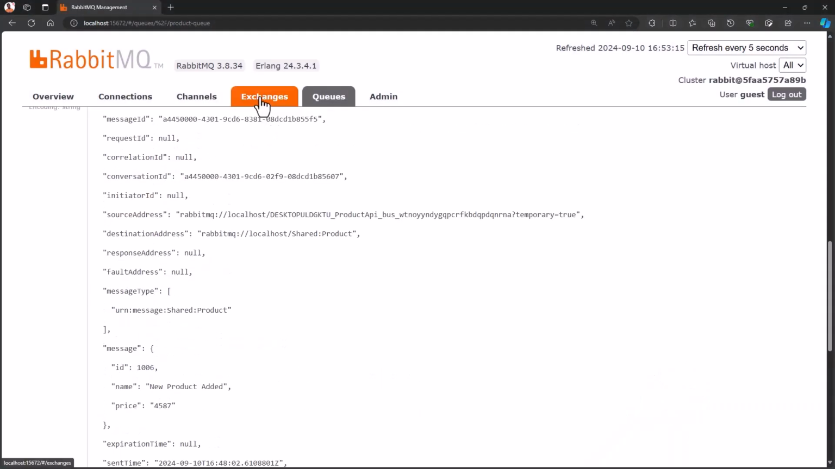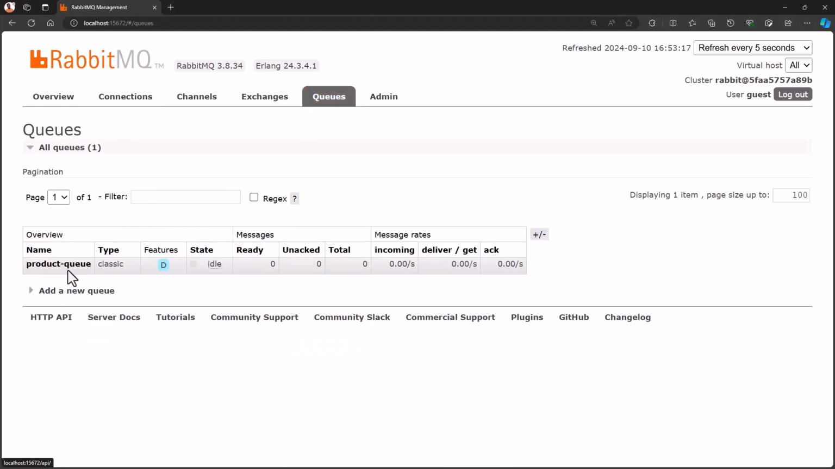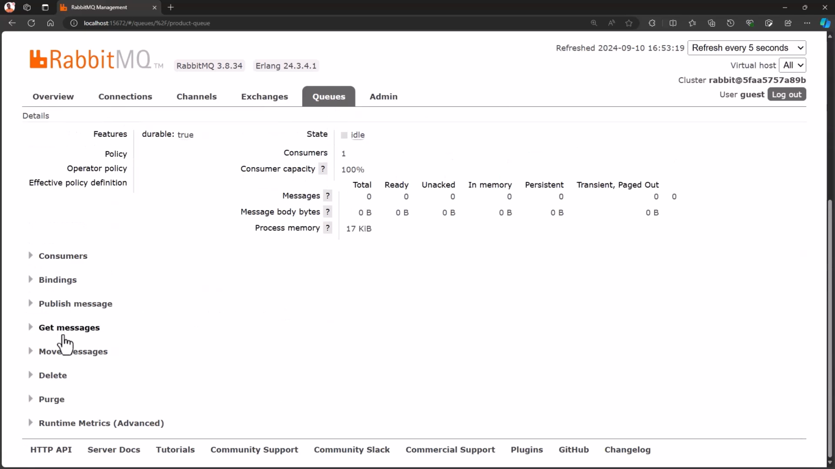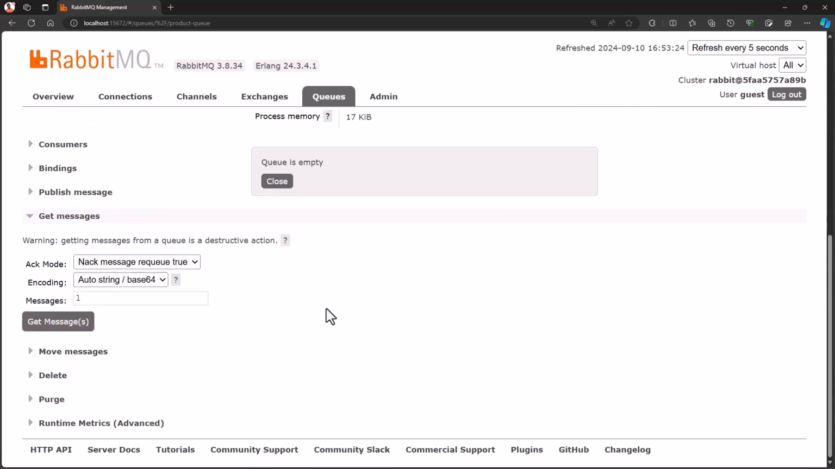So here, if I click on exchange and queues, product queue, and I click on get message, you can see the queue is empty. Since the message has been consumed, we have nothing. Great. Let's check our